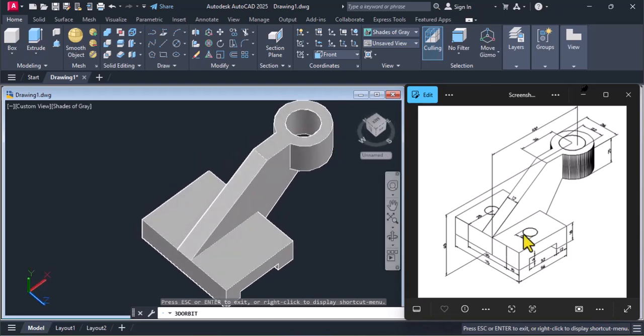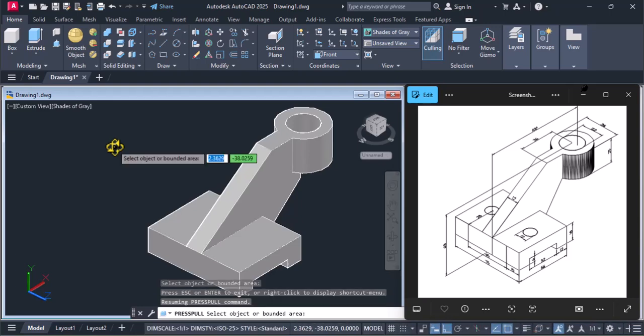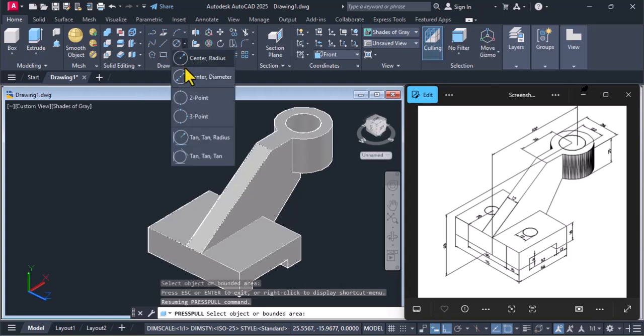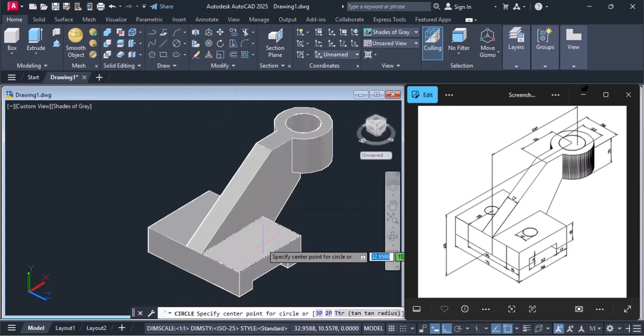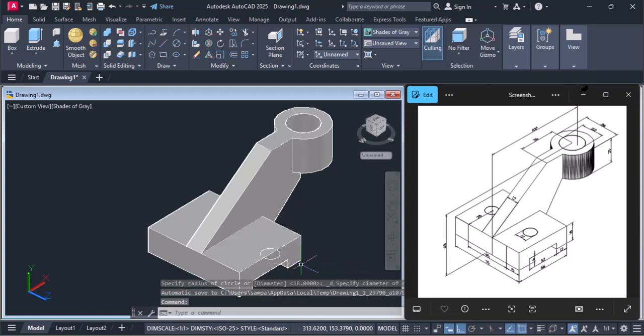Now we have to give these two cuts in the object. So again we'll press escape to come out of it, and then we'll use the circle and the center diameter command. Activate this, come over here and give the diameter as 12 units, hit enter.